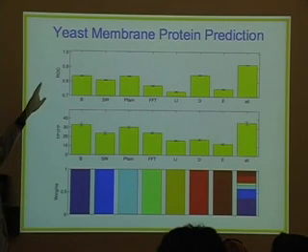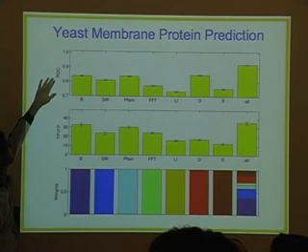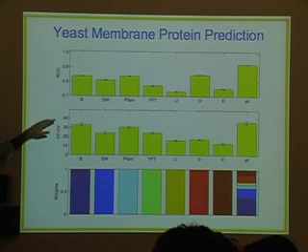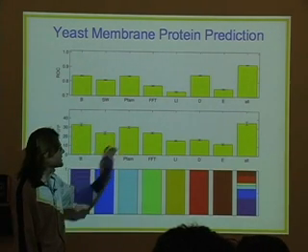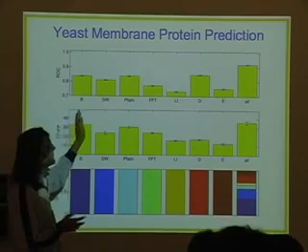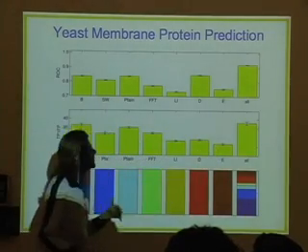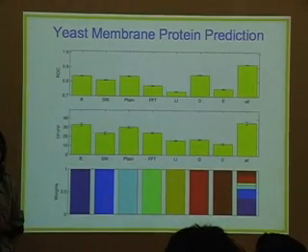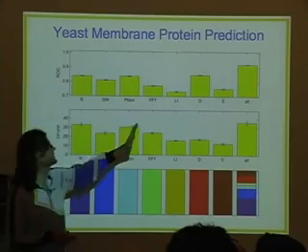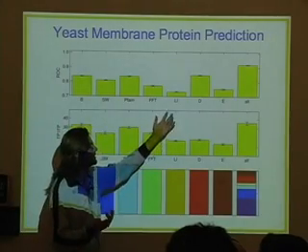Basically, the vertical axis here are performance measures. So this is an ROC, area under the ROC curve. This is the number of true positives at 1% false positives in these two plots here. And basically, the columns correspond to different classifiers. The first 7 columns here correspond to a support vector machine classifier that only uses one kernel matrix. So here, this is a kernel matrix based on sequence information. This is a kernel matrix based on interaction information, and so on.